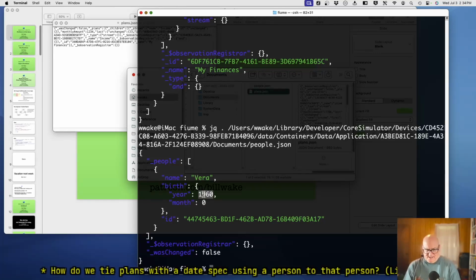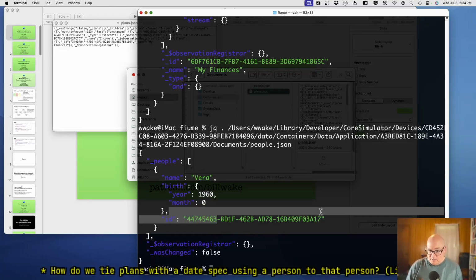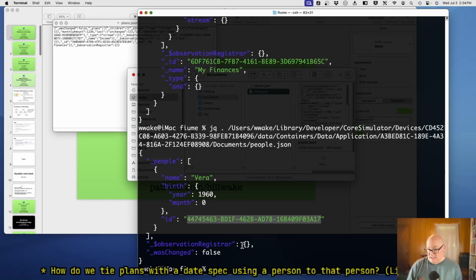I don't know. Well, I don't think it's that hard. If we want to reference Vera, we'll probably reference her by ID. And then there's still a chance, right? Once we added editing, somebody might delete Vera. And now we're trying to find the ID, 447, that doesn't even exist anymore, and that line is incorrect. We don't really have a good mechanism to detect invalid, or invalidated lines, I should say.